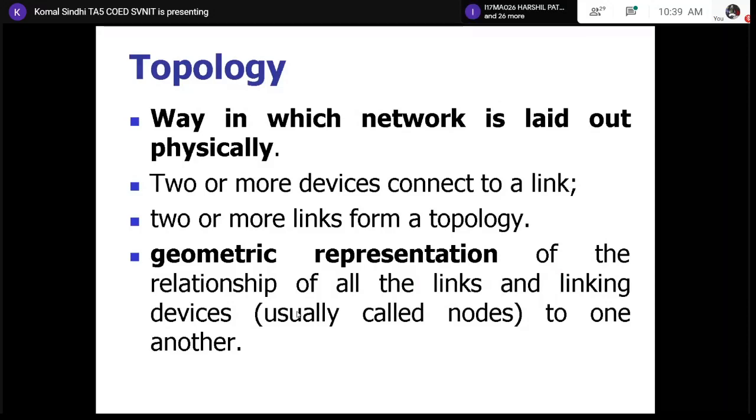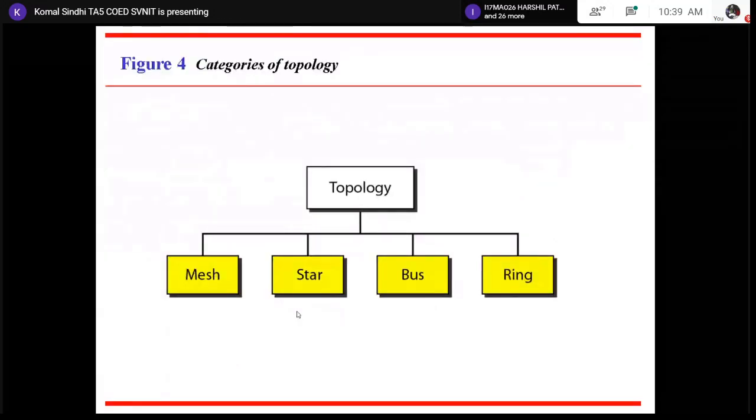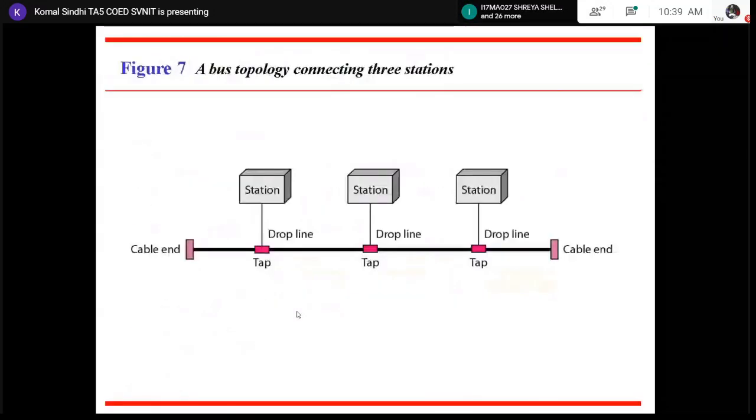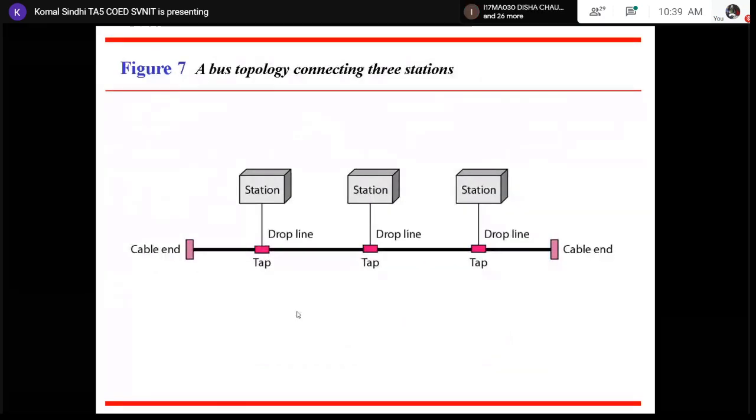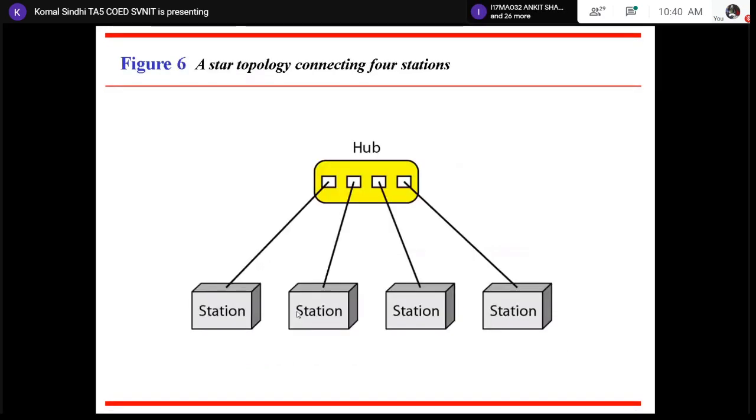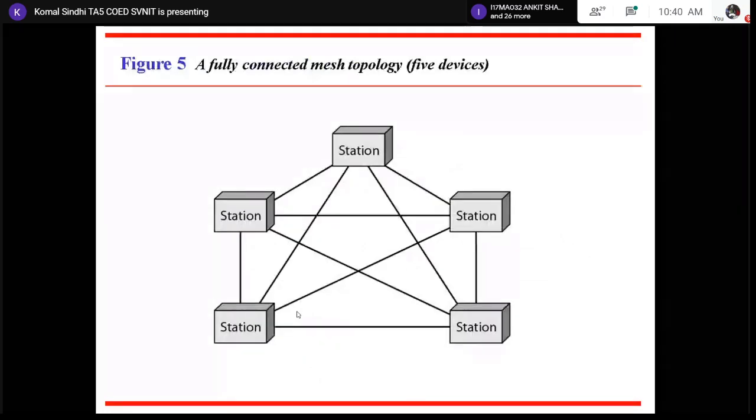So we can say that it is a geometric representation of the links present between all the devices. Out of all these four topologies, we have discussed one which is known as bus topology, right? We have discussed how bus topology works, what are the advantages of using bus topology, and what are the disadvantages. Now we will move on to mesh topology.